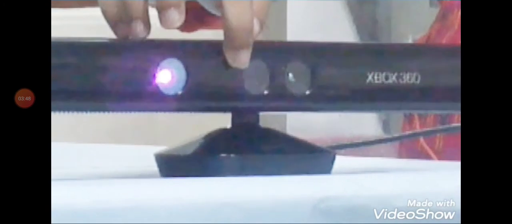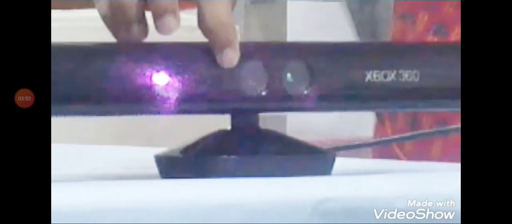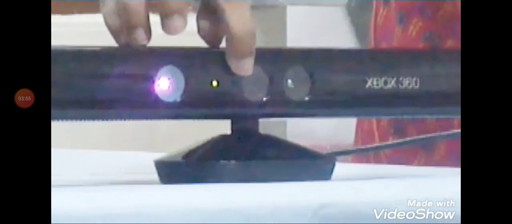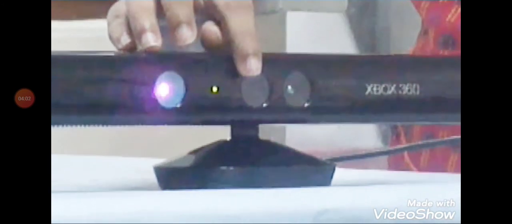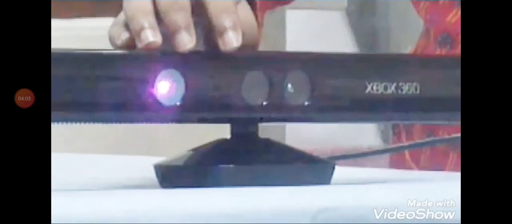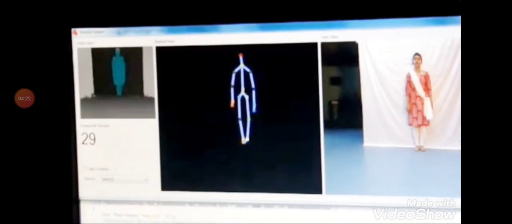This is for the Xbox 360, and the light that is glowing is the LED light that shows the Kinect sensor is getting adequate power, and it has a multi-array microphone. Just see, it is in the lower part of the Microsoft Kinect sensor, and it has a motorized base such that you can rotate or tilt the Kinect sensor to a desired position to record human gestures properly. And these are the three different outputs that you can obtain.